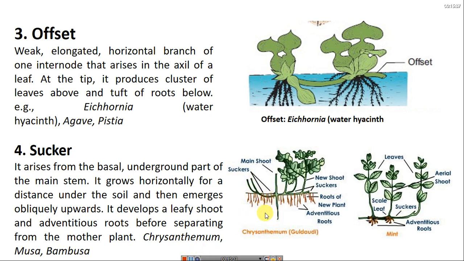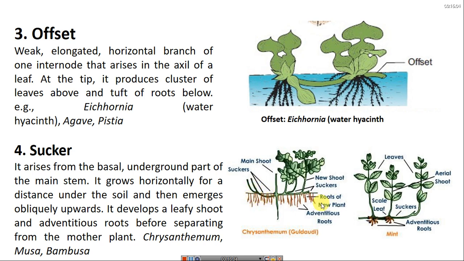As we saw, it is just the opposite of the sucker in the case of stolon. The branch or stolon was the stem that grows horizontally for a while and then grows upward and then comes down into the soil, right? But here it grows first in the soil and then comes upwards and grows in the aerial region as an aerial shoot, right? So stolon grows and gives rise to adventitious roots,